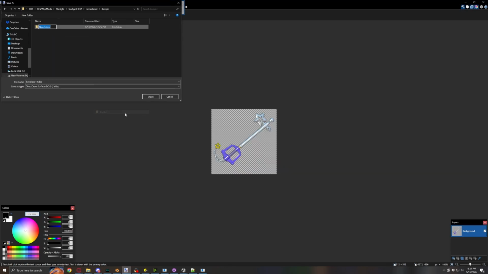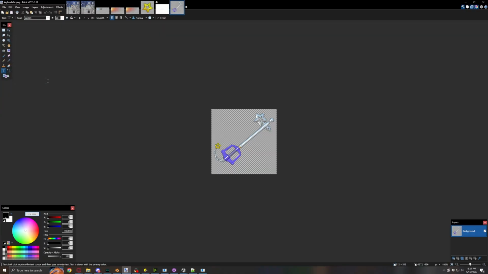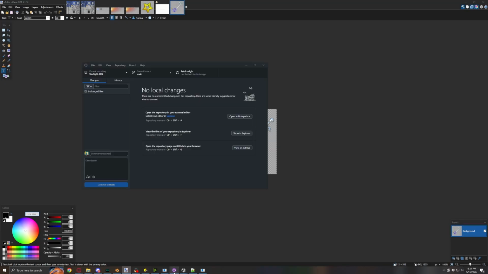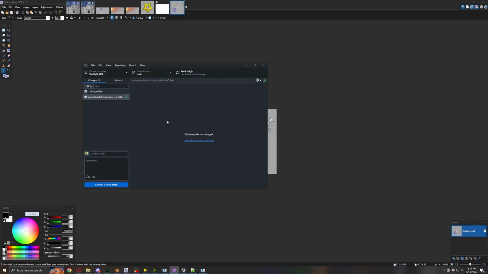And then once again, whatever folder you found your Keyblades in, in this case, item 046.imd. Item 046.imd. And then it's going to need to be -0.dds. Now I saved that, and now if I bring up GitHub Desktop, since I saved it in that folder, you'll